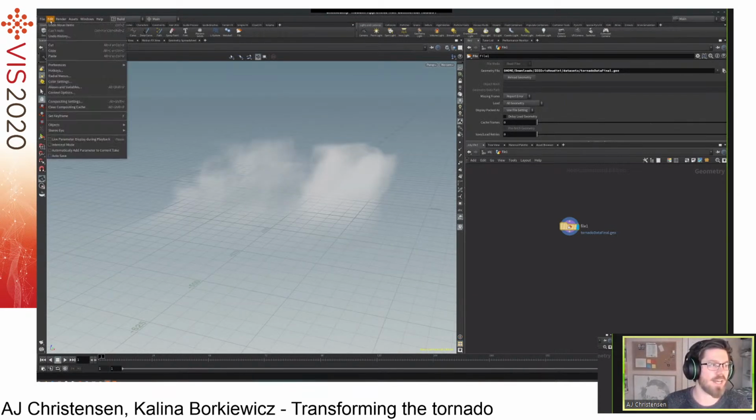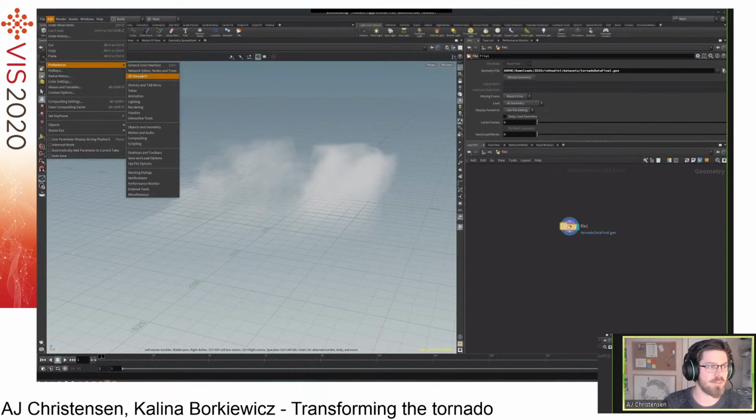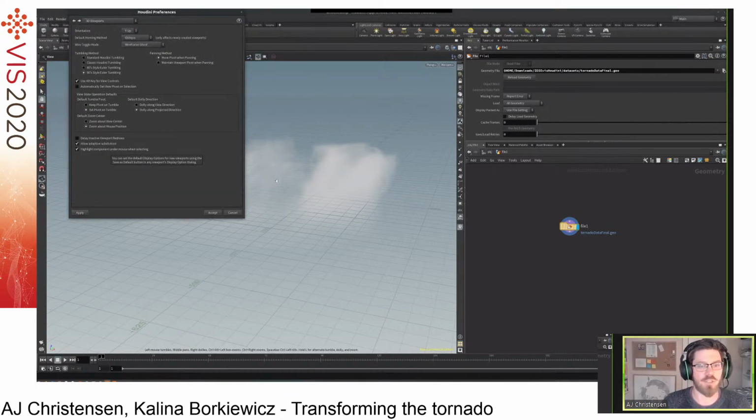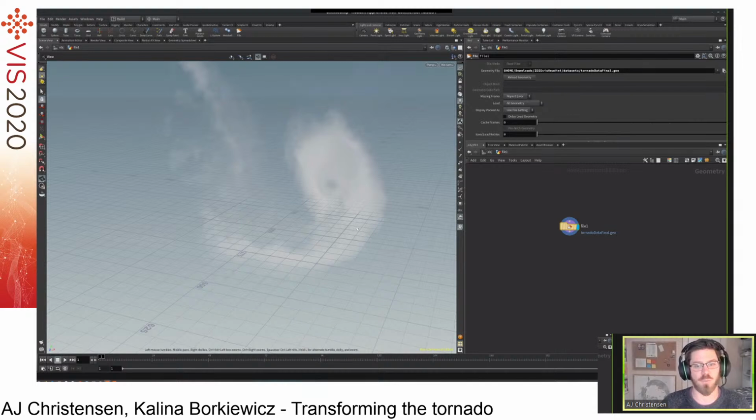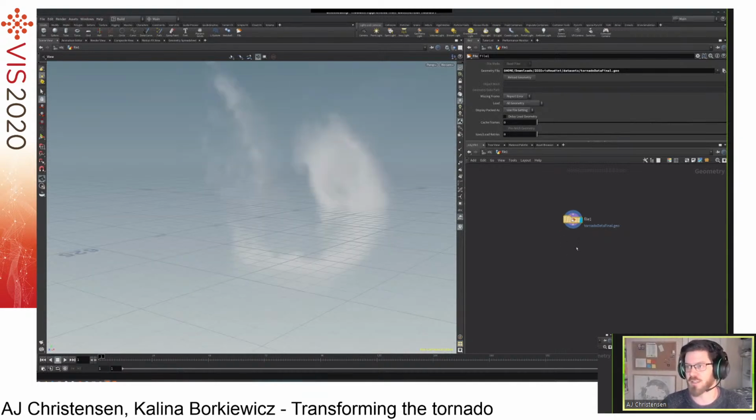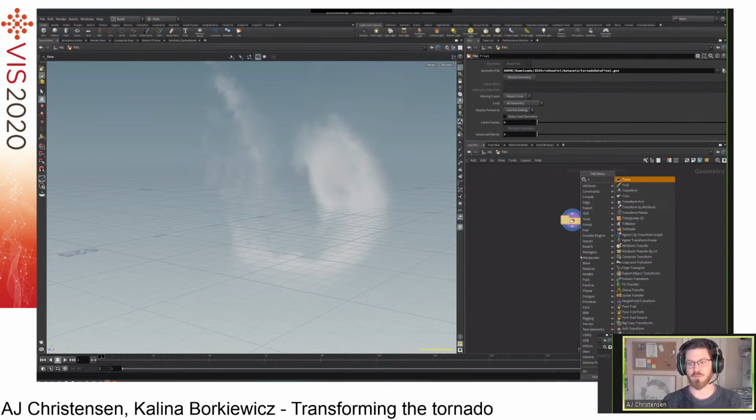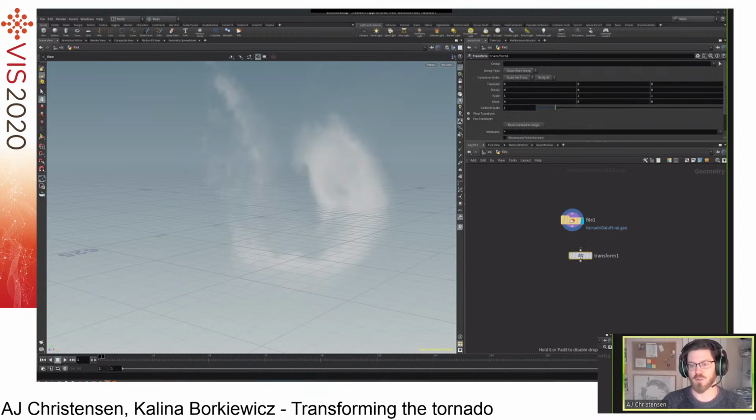I'm gonna go ahead and switch it back though to Y up and do what Kalina was suggesting, which is just changing the data. And the way that you do that is with the transform node. So using the tab menu, I'll type transform and drop that down, and I will wire it in, and I will visualize it so that we will see our updates. And then I'm going to rotate by -90 in the X